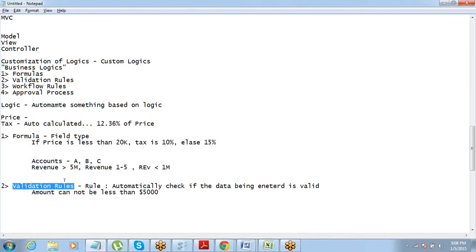And here we don't need calculation. Here we rather need a validation rule in place, which should ensure that any record which is being entered has a minimum amount of $5,000, right? So now this amount is a field on opportunity. So we have to go and create a new rule on the opportunity object.